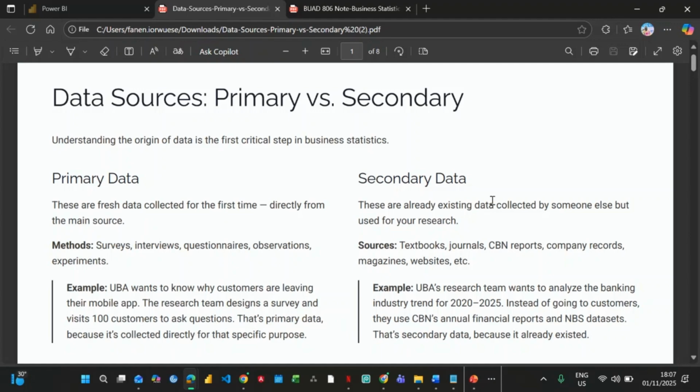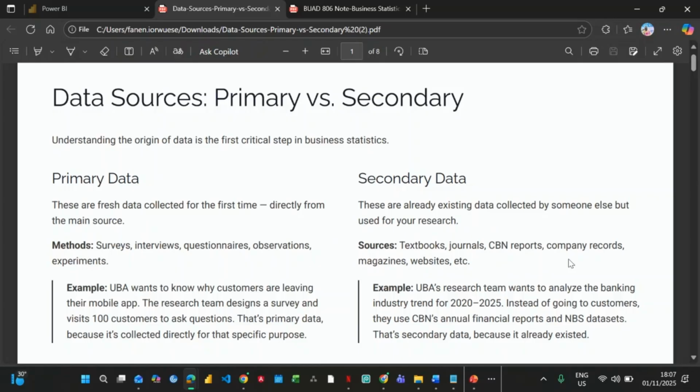So we now have another part, which is the secondary data source. These are existing data collected by someone else, but used for your research. You go and get this data to use it for your own research. Those data can come from textbooks, journals, CBN reports, company records, magazines,